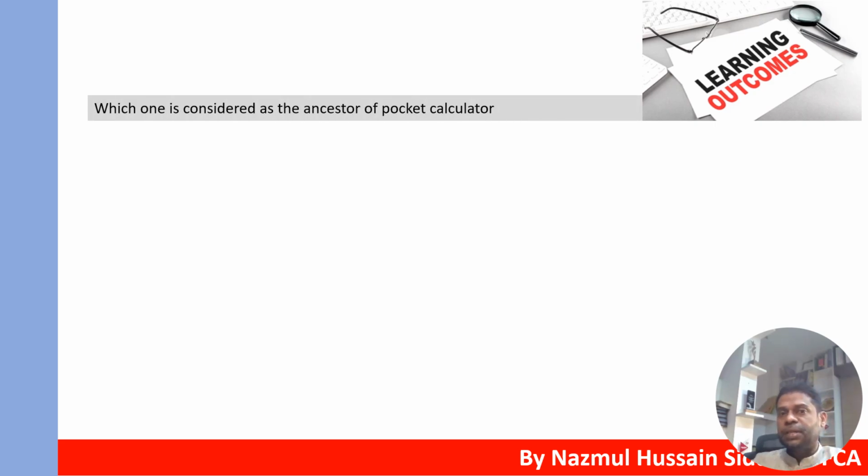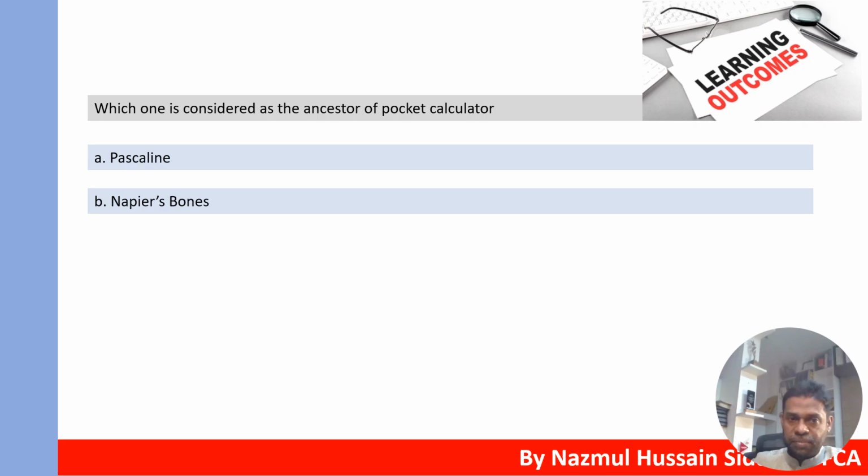Which one is considered as the ancestor of pocket calculator? A. Pascaline. B. Napier spoons. Which one is correct answer? Correct answer is Pascaline. Pascaline কে ধরে নেওয়া হয় পকেট ক্যালকুলেটরের অ্যানসেস্টর।